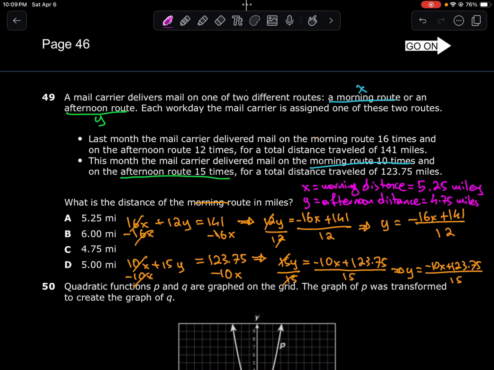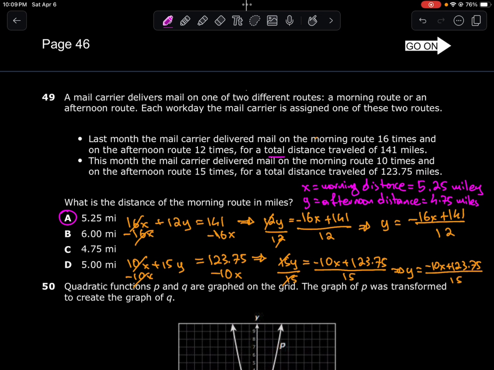Okay, what do they ask me? What's the distance of the morning route? Okay, morning route, do I have a 5.25 anywhere? Yes, so that would be the first answer. Okay, now what was important in this problem is that they did not give me the equations. I have to figure them out. Now keep in mind that the total